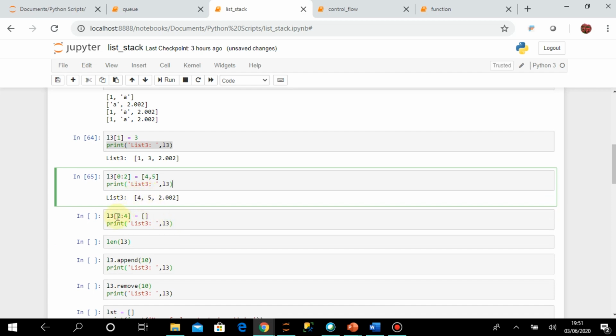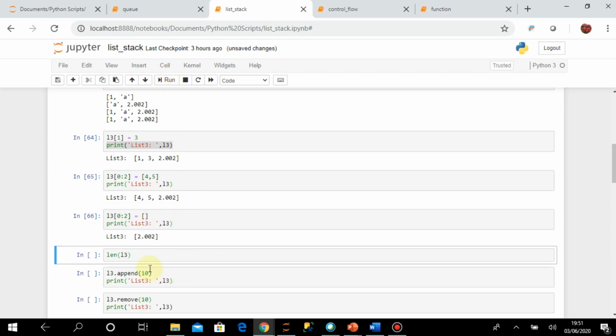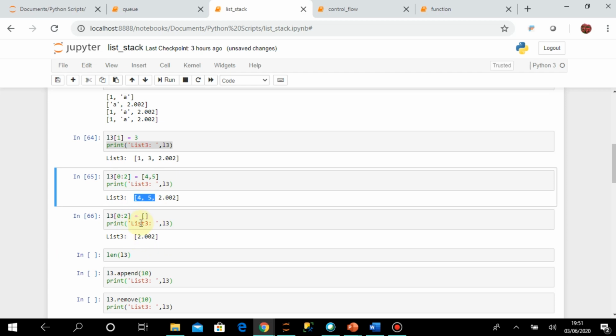Okay, next, suppose I just want to remove the elements in some positions, that is also allowed. If I write it like that, then you can see that the list is now reduced in size. Now there is only one element because the first two elements are removed. That way you can also cut some portion of the list. So everything you can do on the list, you can add any part, you can remove anything. Okay,